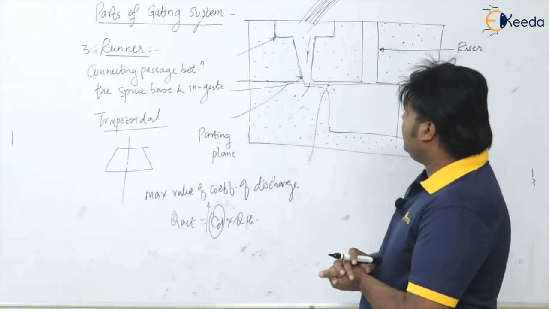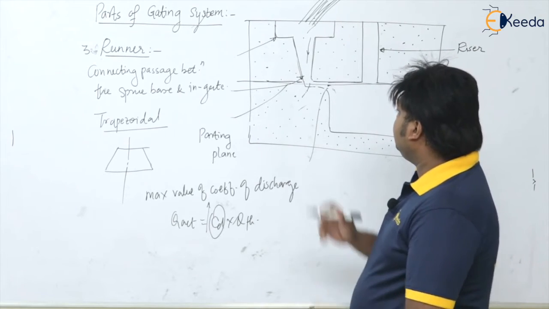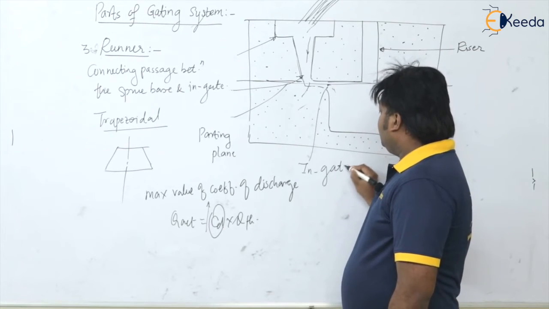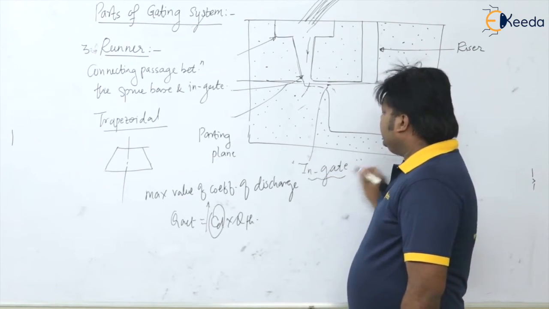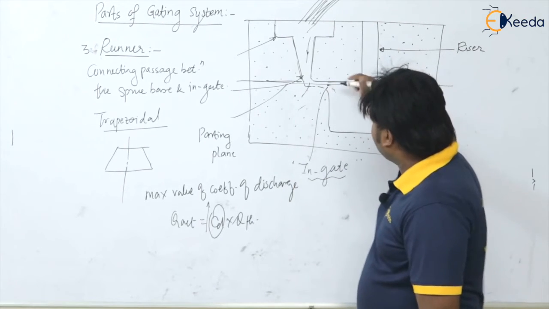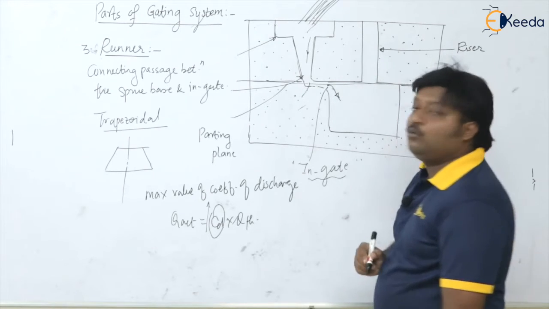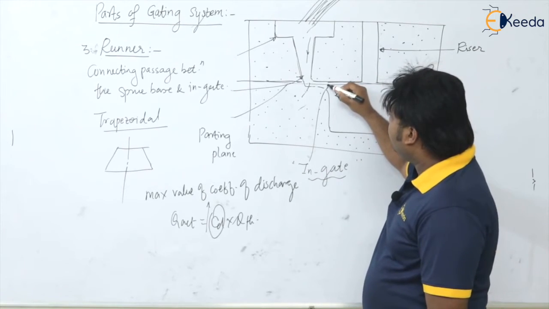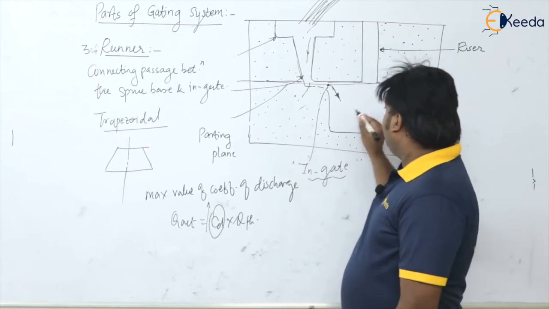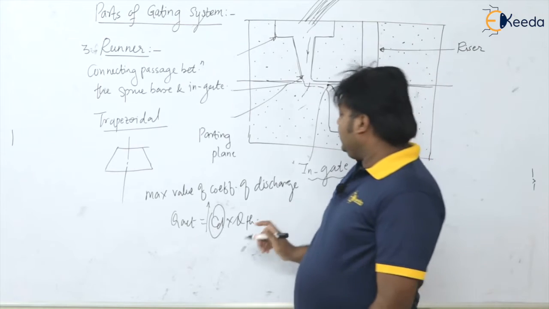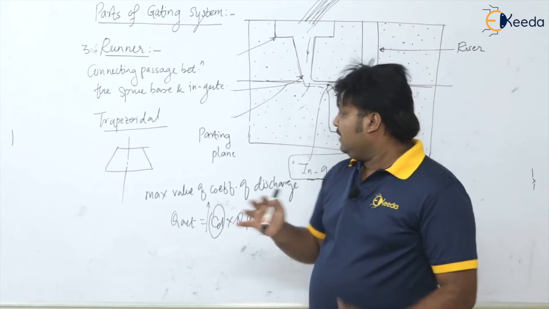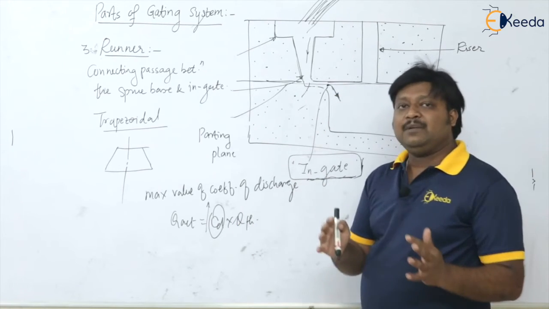And the last thing that we have here in the gating system is the ingate. So what is ingate? This is the actual point in the gating system from where the molten metal enters the mold cavity. This is the actual point from where the molten metal enters the mold cavity, known as the ingate. Please remember this. Understood? And the cross section of the ingate is generally the same as the cross section